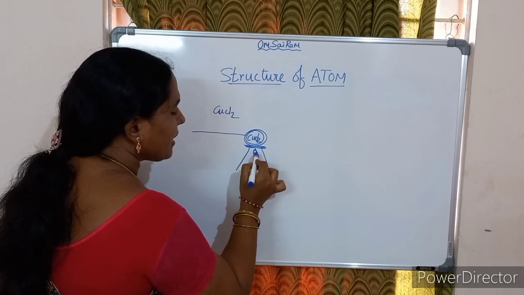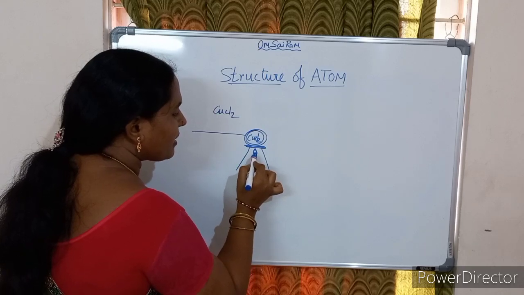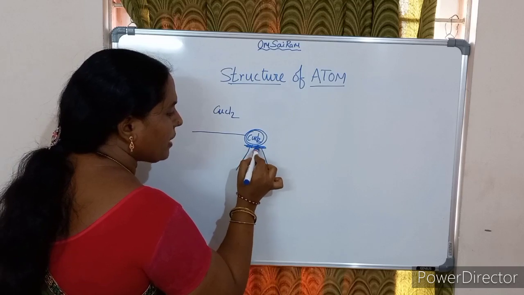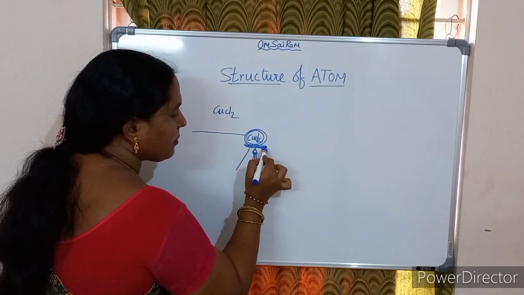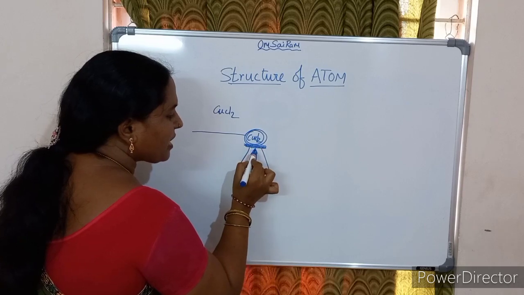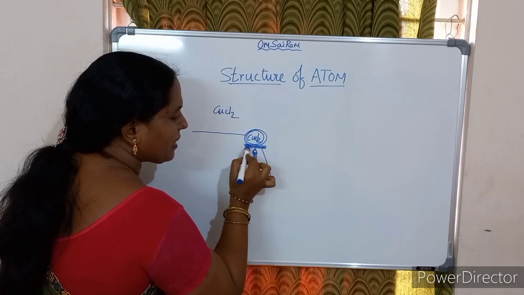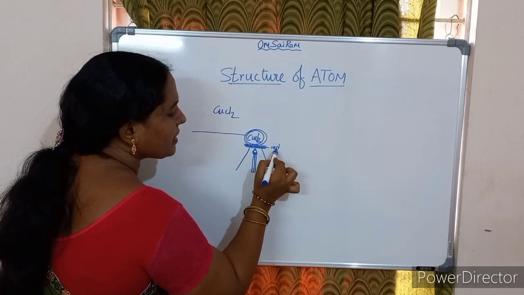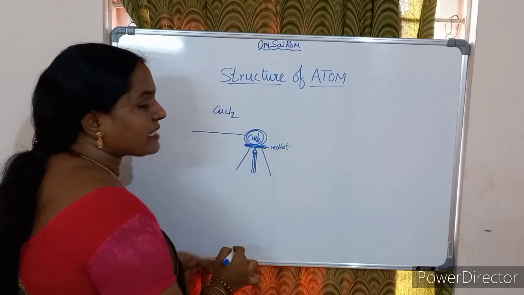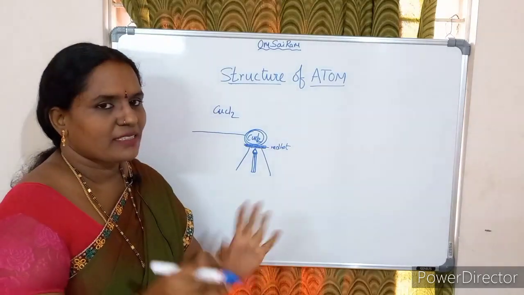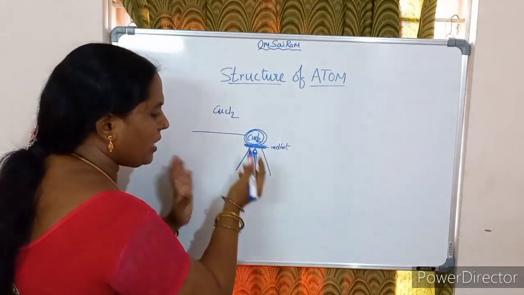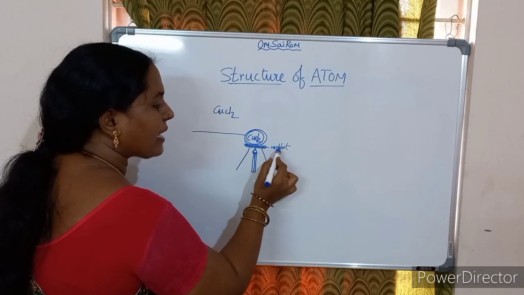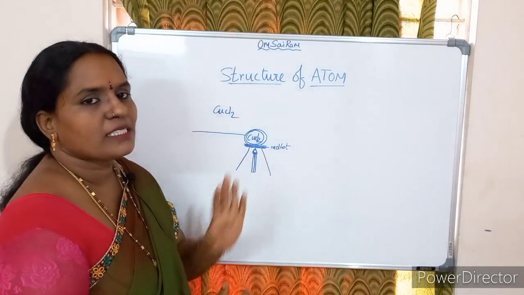Luminous flame means here, see, here is the burner, it is having the flame, but here we have kept the mesh. A metallic mesh has been kept on this burner. This flame will heat this metallic mesh. It becomes red hot. This red hot metallic mesh acts as non-luminous flame. It doesn't contain any flame. The flame is with only the burner, but the metallic mesh acts as non-luminous flame. It is just red hot.